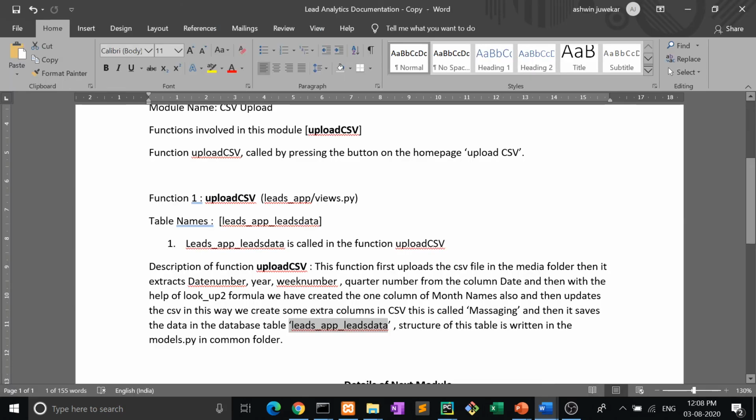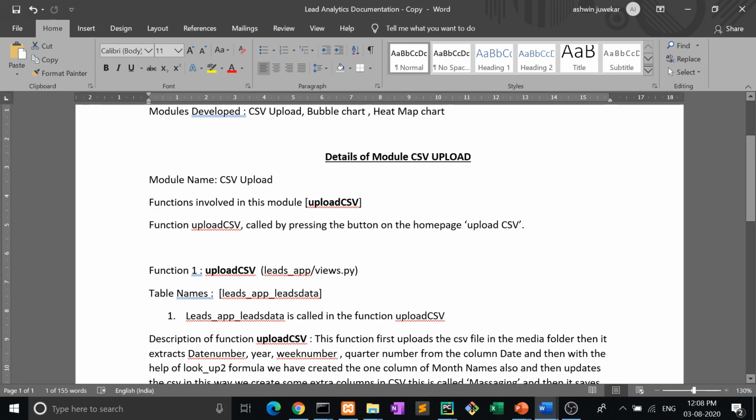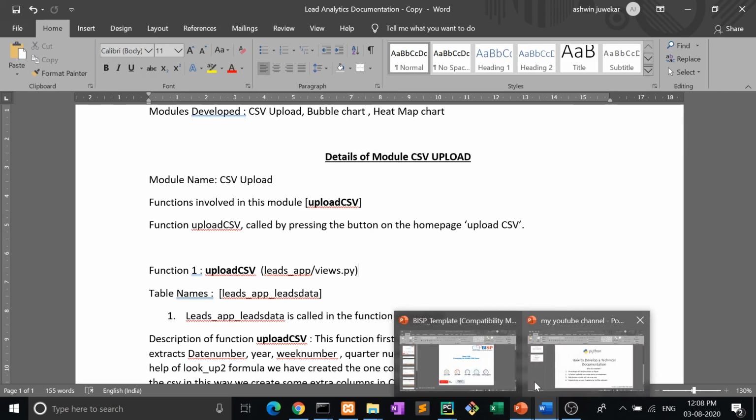The formula of becoming a profit making company is to make your company process driven. So this is what the process is. If the documentation is correctly written, the process flow will be much faster, and in this way the maintenance will be done even faster, because within 15 minutes the new programmer understood the working of this module and what changes he has to do. So this is called technical documentation.